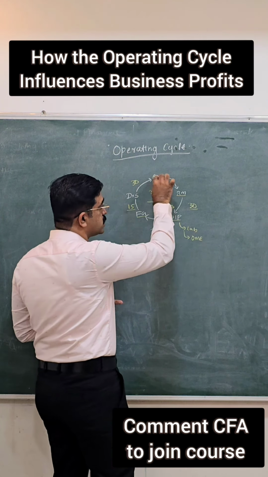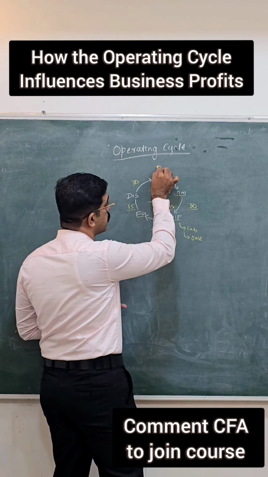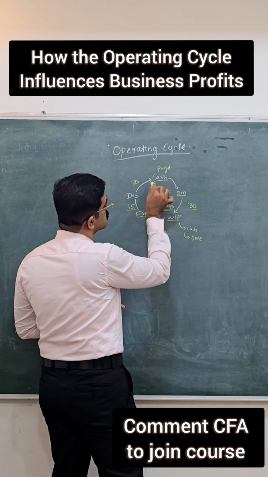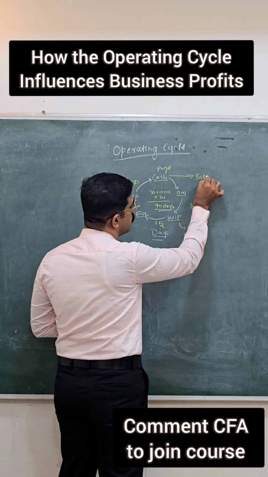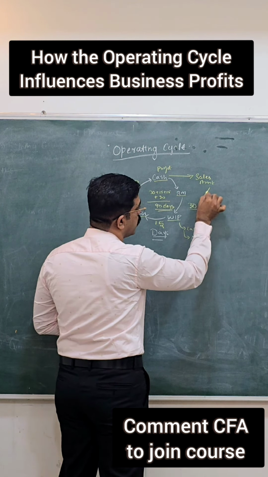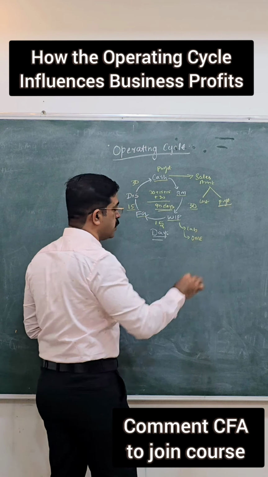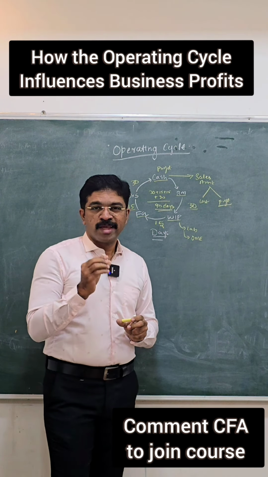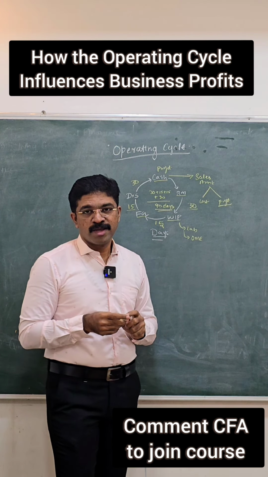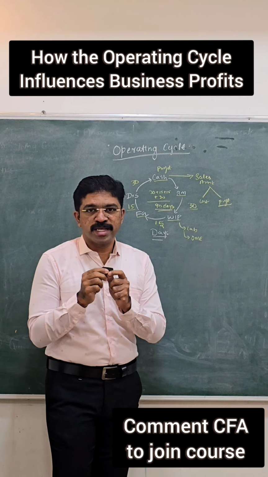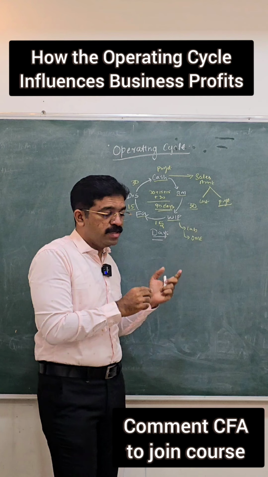It means it is putting its cash here and it is getting back on the 90th day, and that comes with profit, right? Because on the 90th day, what it is realizing is the sales amount, and this sales amount will bring in the cost invested, and will also bring in the profit. And here's the catch: if a business has to make profit, it has to wait for 90 days. It means how many times can this business make profit by selling one product in a year, if it is in this 90 days cycle?